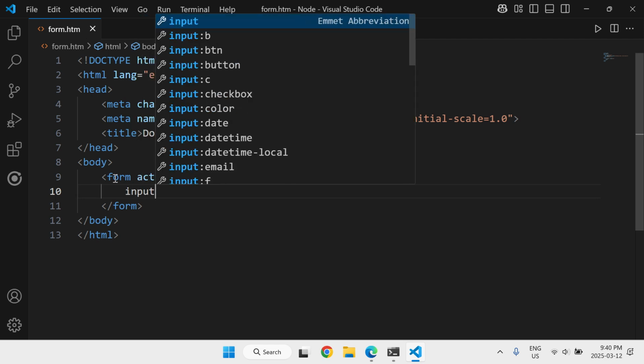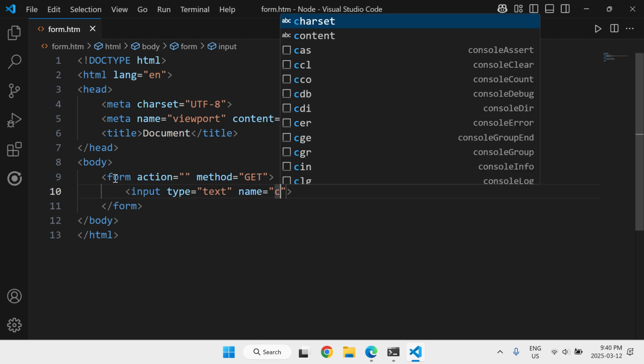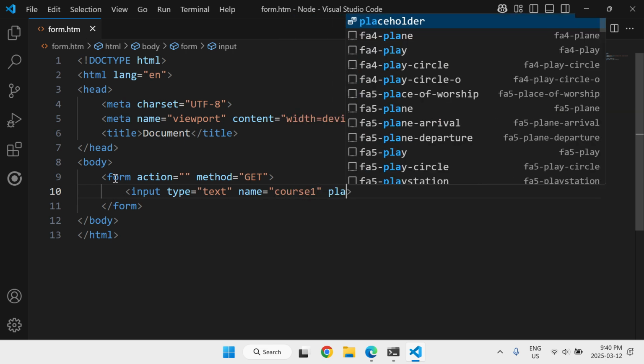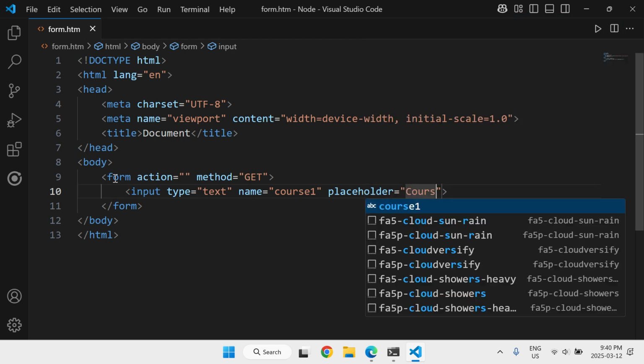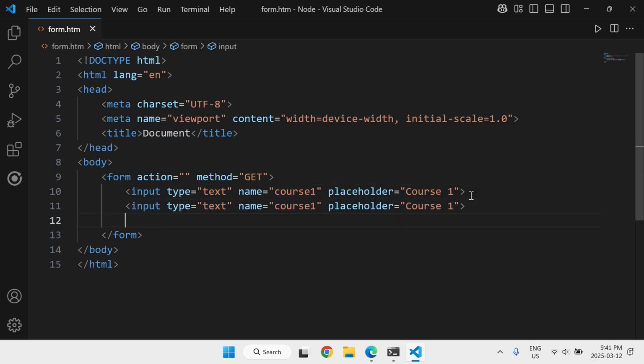and then we have some input. So type is text, give it some name, say maybe like course1, and placeholder will say this is course 1. In the same way you can create more courses, some inputs, change these names, course2, course3,